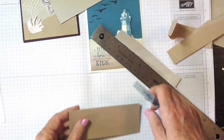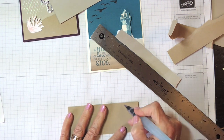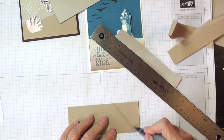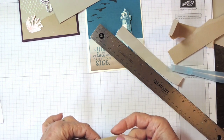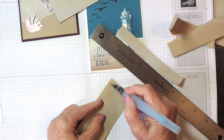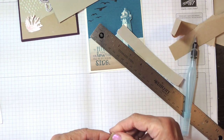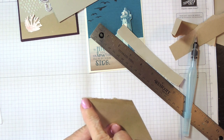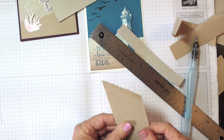The other way to cut is also, you can do a straight line, or you can do whatever size or angle you want, and that is to take an aqua painter or some water and get it nice and wet and then fold. Let's do the other side as well. Fold again, and then you're just going to tear. And again, you see you've got a nice jaggy, not so even edge,